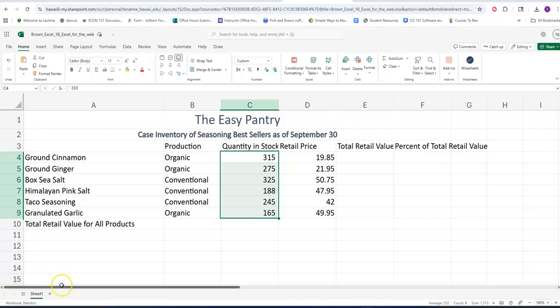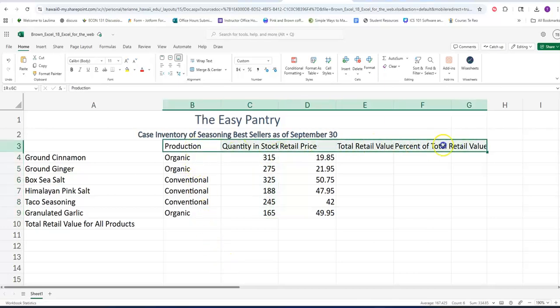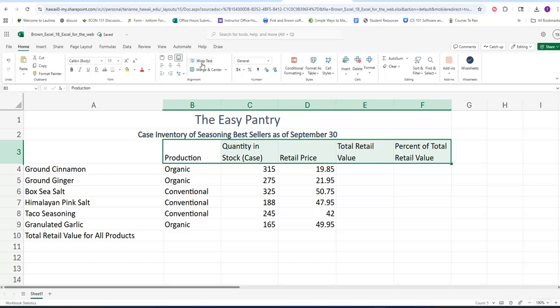For step 7, it says to select the column titles in B3 through F3. And then on our Home tab, in our alignment group, we need to select wrap text. So what that wrap text does, as we can see, is that it moves everything so that it's still the same width, the column width. However, it wraps the text into a second line as necessary. And so with B3 to F3 still selected,